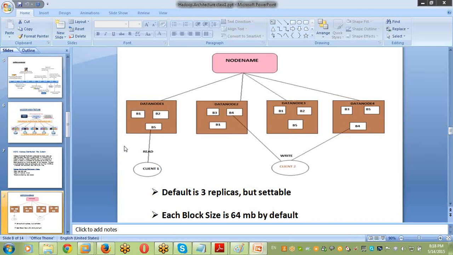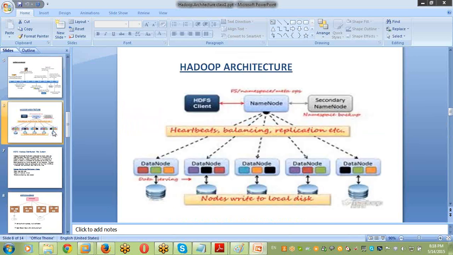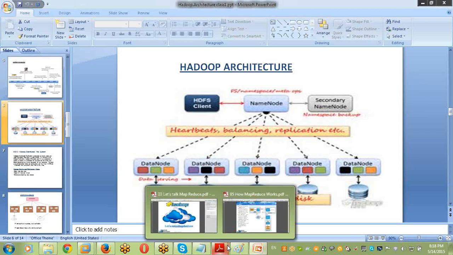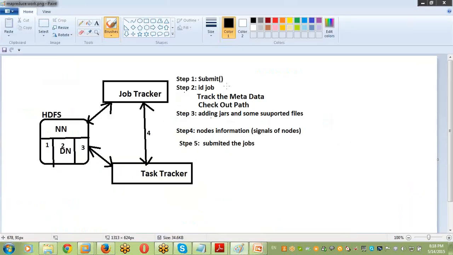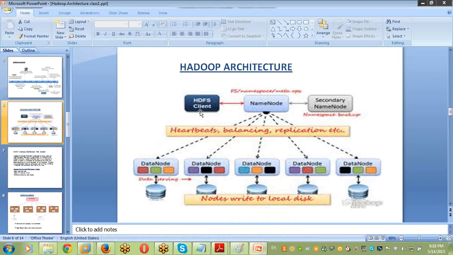Storage completed. Now I want to process the data. As a developer, I am submitting the query. Immediately the job tracker responds. Here, job tracker means HDFS client. It responds by assigning one ID to the particular job. Same story is going on again: calling the submit method, adding IDs, tracking the metadata. What metadata? The job tracker requests the name node: give me metadata. I want to execute so-and-so files. Where are they stored? Immediately the name node transfers that metadata to the job tracker.